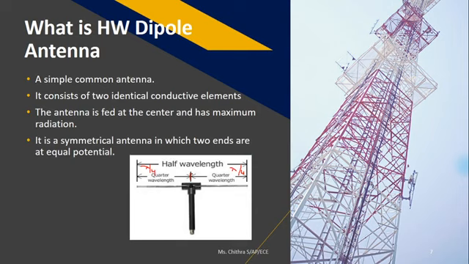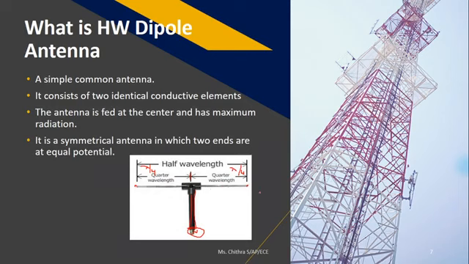This antenna is fed at the center, which means we will be connecting the transmission line or any source element at the center to the antenna. So we call this center feeding. The half wave dipole antenna is fed at the center, and at the two sides we have a symmetrical conductor which is at equal potential. If you see this point, it is short circuited because we are connecting it to some source element. But this end is open circuited, and also this end is open circuited, right?